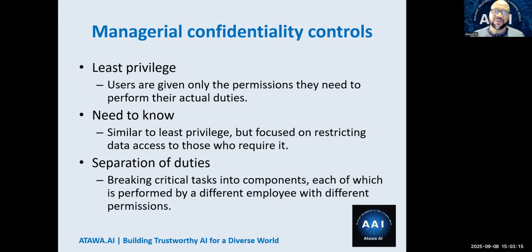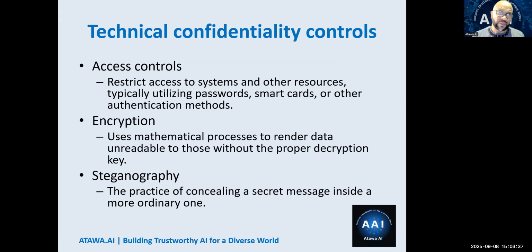All right, so some of the confidentiality controls from a management perspective would be the doctrine of least privilege, need to know, and of course, separation of duties. Alex and John cannot divide up what they need to do in the organization, which means Alex and Bob will need to collude, or Alex and John will need to collude to commit that illegal act.